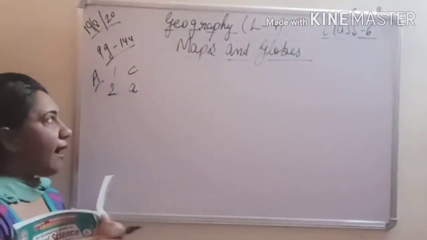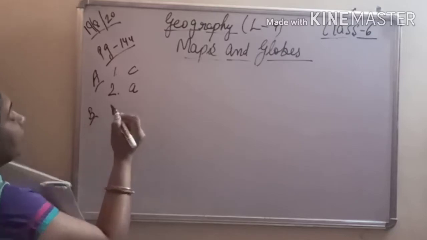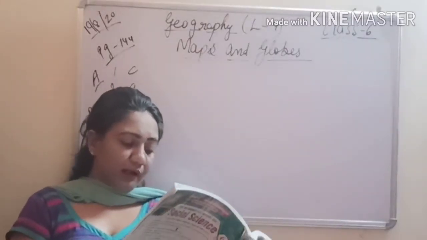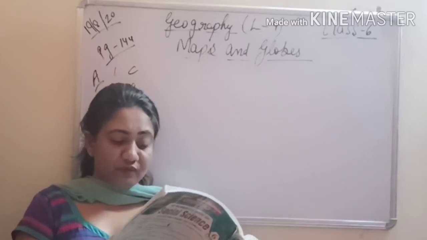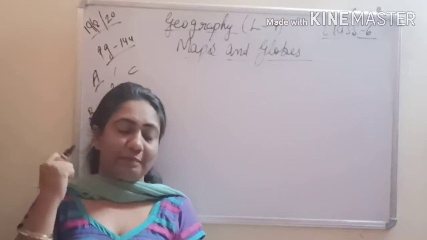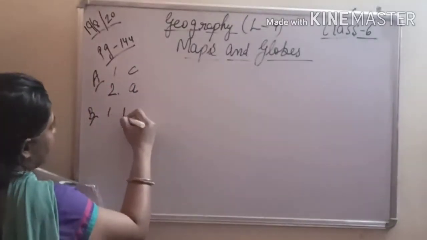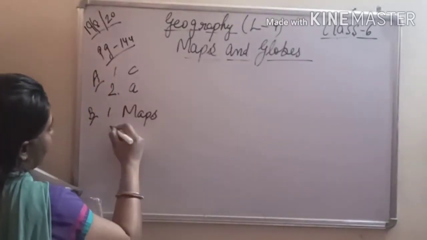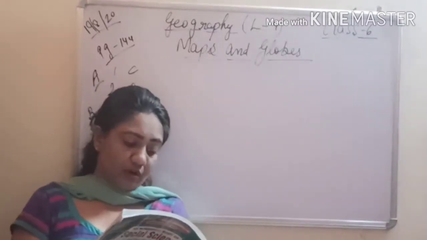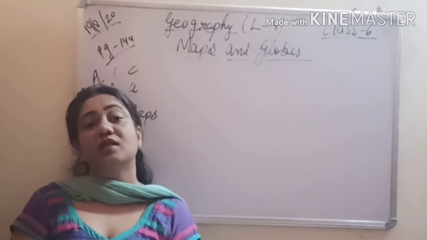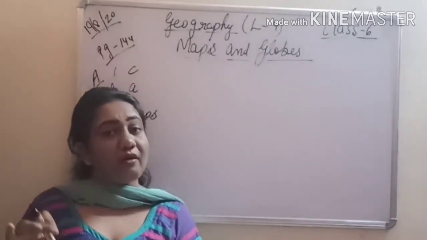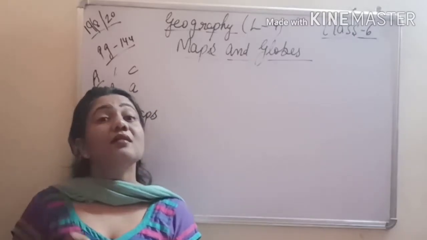Okay. Next we have exercise B, fill in the blanks. So now let's see the fill-ups. Dash are used for learning and understanding the various features of our planet Earth. What is used? Maps. So just write down in the first blank the answer would be maps. We all have done that. Okay. A dash is a rough drawing drawn without using a scale. So what is that called in which we don't use a scale and it is a rough drawing only? It's a sketch.